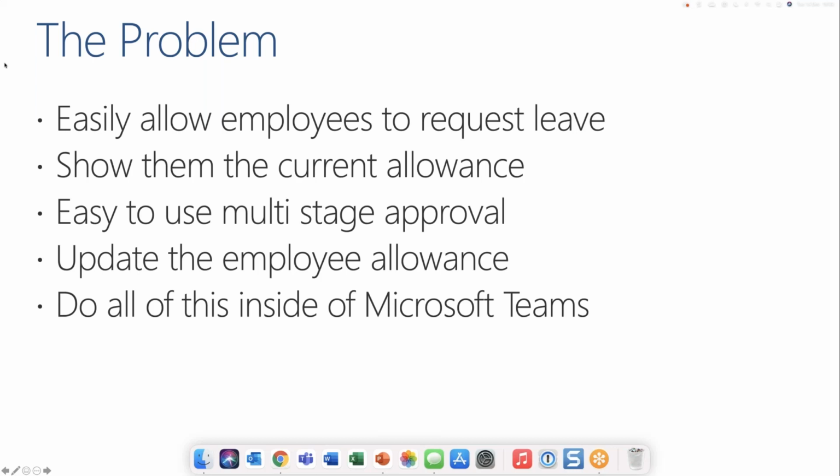Implement an easy to use multi-stage approval. So I'm going to show you how we can design an approval which sends a request to their manager for approval, and then once approved, depending on how much they request, that might be approved automatically, or it might go to a HR person for approval. I'll show you how we can automatically update their allowance of